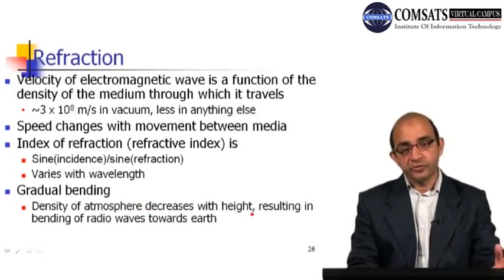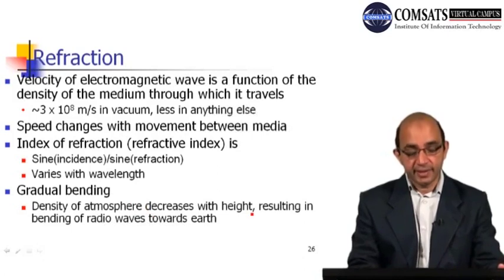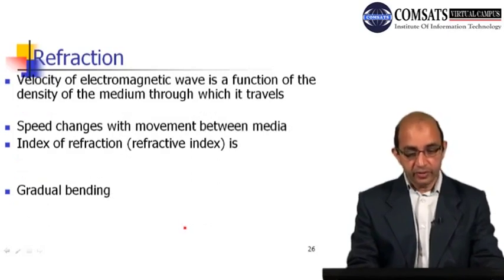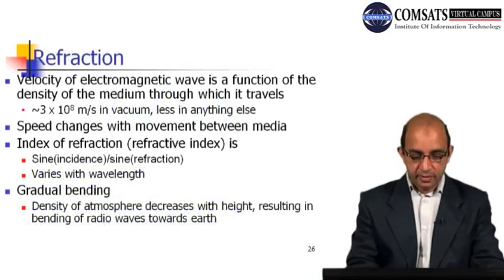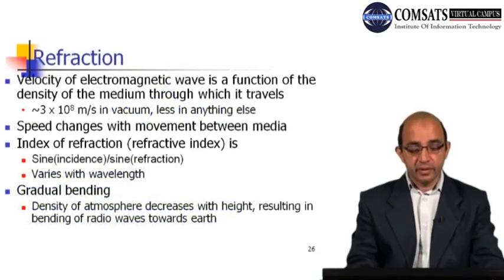The atmosphere becomes less and less dense as we go higher and higher. This results in bending of radio waves towards the earth. So that's why you can see the bending over here. As the density of the atmosphere decreases as we go higher, the bending of radio waves